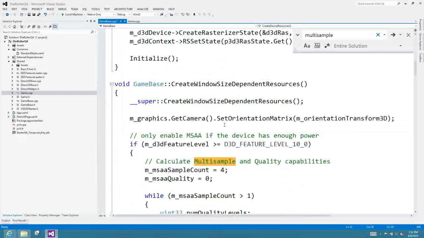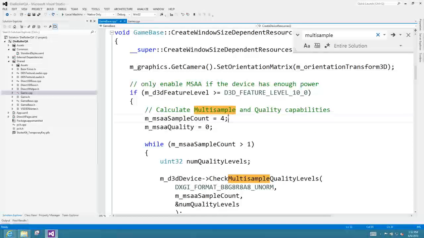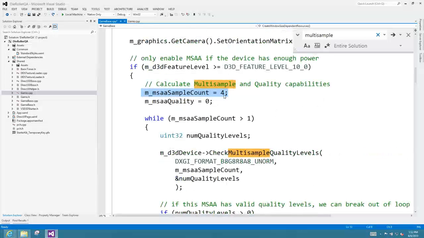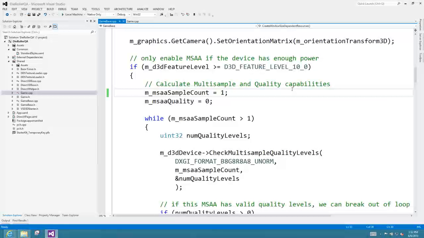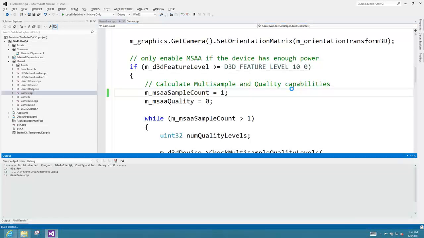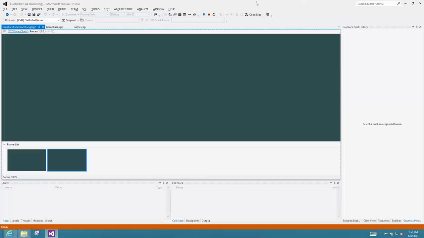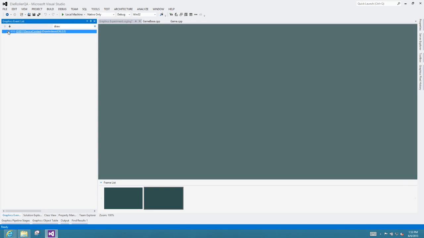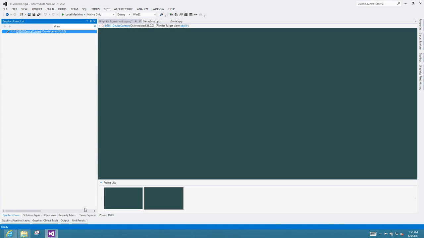There's another example of multi-sample here. So what we want to do here is figure out what level of multi-sampling you can support. It says start at 4. We're going to tell it to start at 1, and that'll turn it off. So let's run it now. I will touch and grab it again. And then, so we're on the draw here. Then I'm going to look at